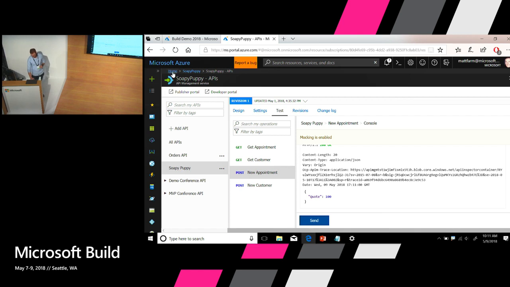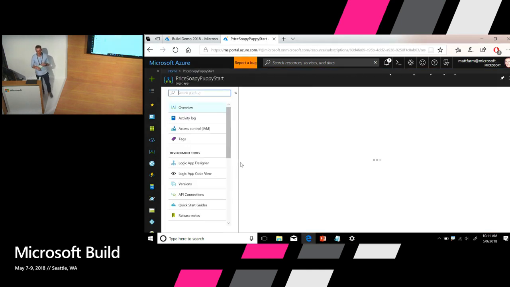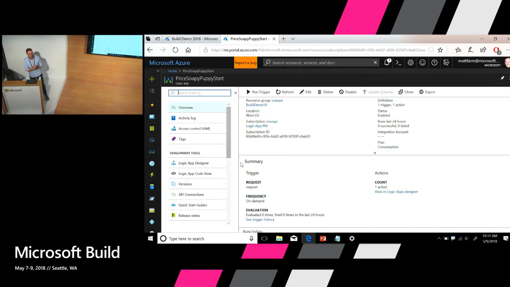So we can go and implement our API now, or operations within it. So the first thing to point out is you may or may not be familiar with Logic Apps, and you maybe saw it in Scott's keynote on Monday. One of the things to just point out about Logic Apps,